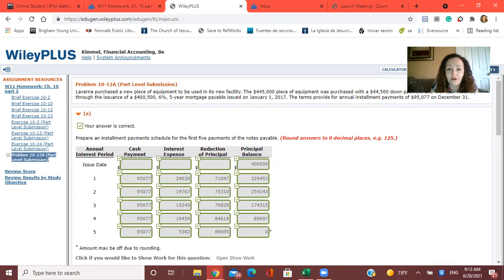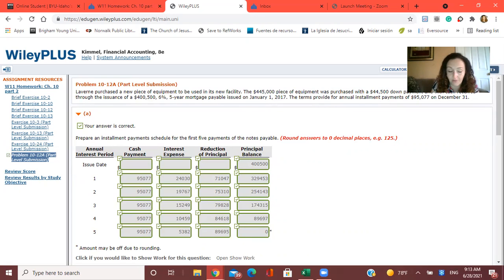The $445,000 piece of equipment was purchased with a $44,500 down payment, with cash, and receiving through the issue of $400,500, at 6% for 5 years, a mortgage payable issued on January 1, 2017, and the terms provide for